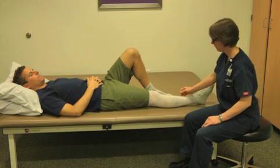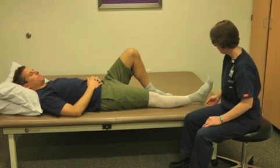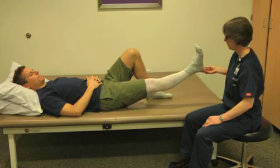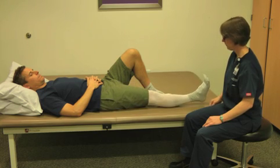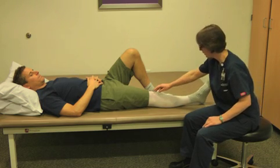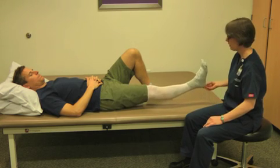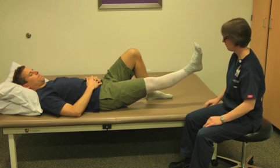And relax. Again, start by tightening your thigh muscle, keeping your knee straight. Lift your leg off the mat, back down, and relax. One more time. Tighten your thigh muscle, flattening your knee, lifting your entire leg off the mat, remembering to breathe, back down,